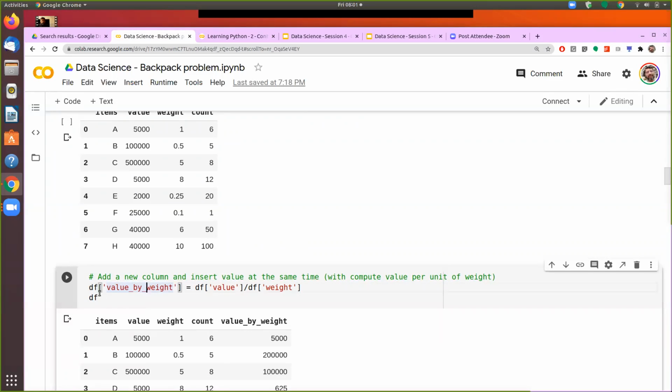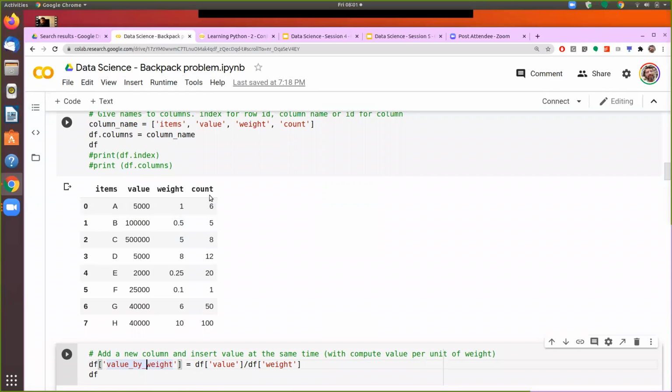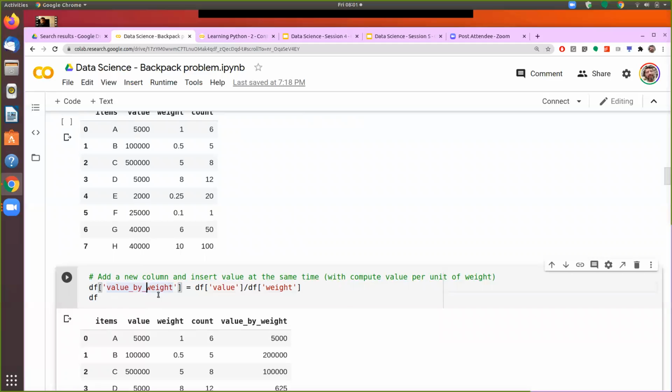When we say df value by weight, it is not a column until now, so it will create a new column, value by weight, and then each element. So I don't have to give a for loop here that goes to row 1, computes, and then assigns.